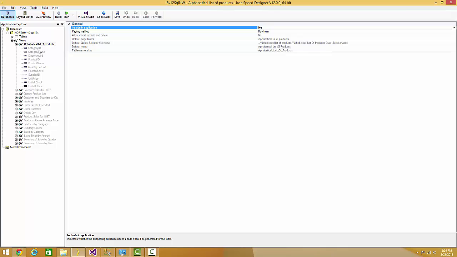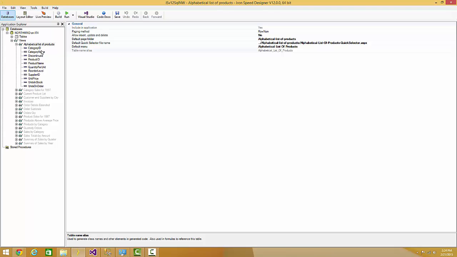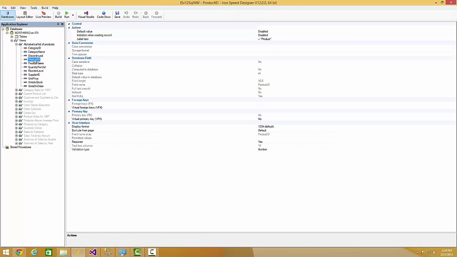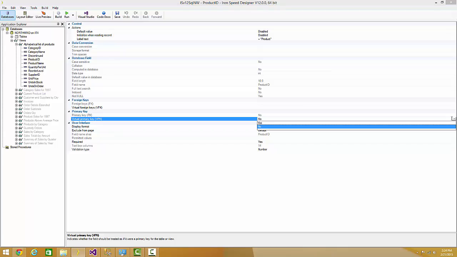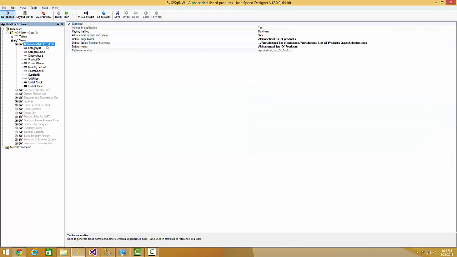In my workings with the IronSpeed Designer in views, most of the information that I've changed is to include in application, and whenever you do that, typically, you set a virtual primary key. IronSpeed will change the allow insert, update, and delete on that view to yes. So I typically go back and change that to no. So now I've created the database access code for the